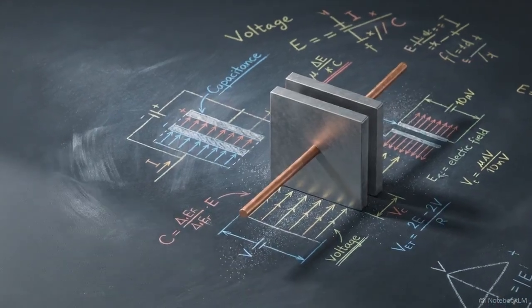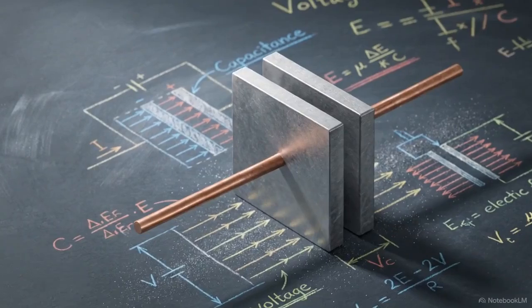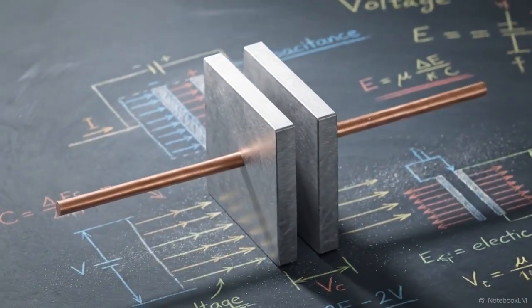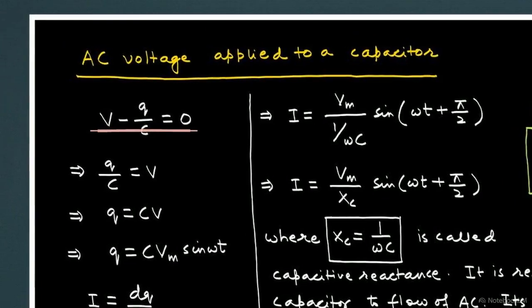This detailed analysis deconstructs the mathematical and physical behavior of a purely capacitive circuit operating under alternating current. This diagram shows the setup: a single capacitor connected to an AC voltage source defined by V equals V sub m sine omega t. Applying Kirchhoff's voltage law, the voltage drop across the capacitor equals the instantaneous voltage supplied by